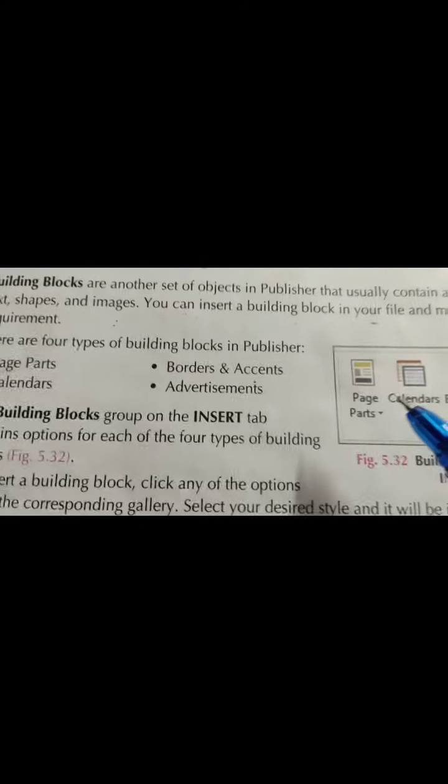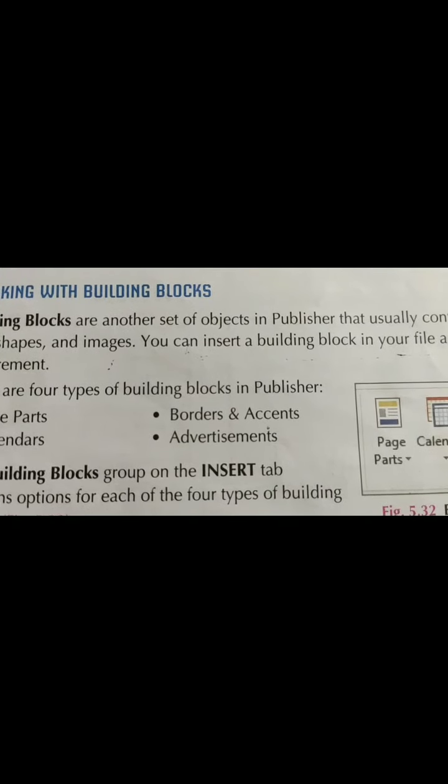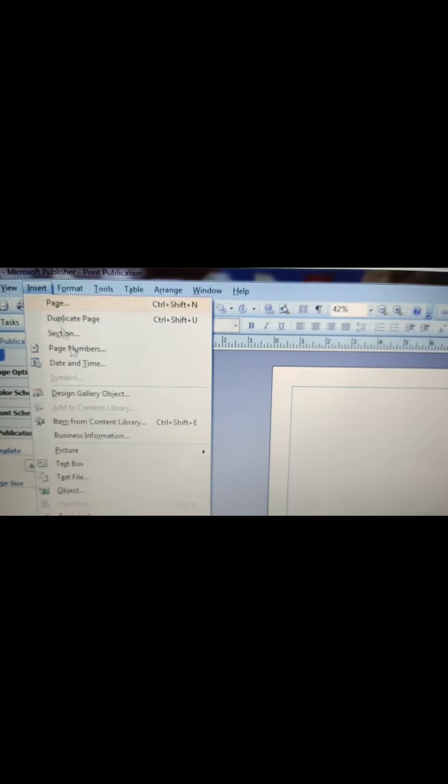Since I am using the 2007 version, you will get the Insert tab, building blocks under the Insert tab, and under that the design gallery object.